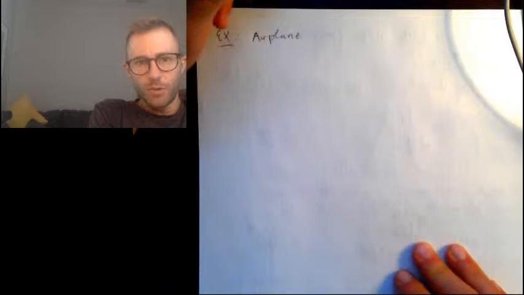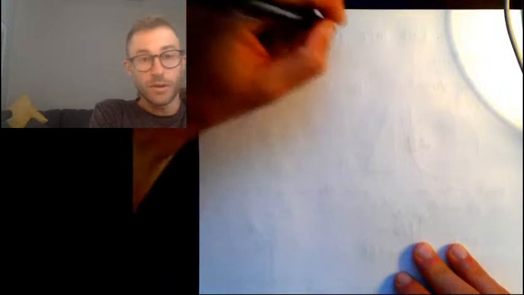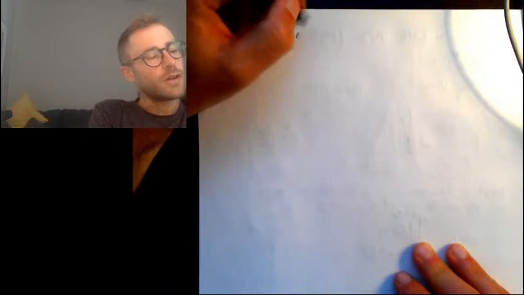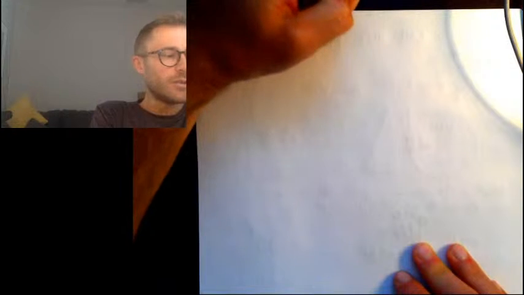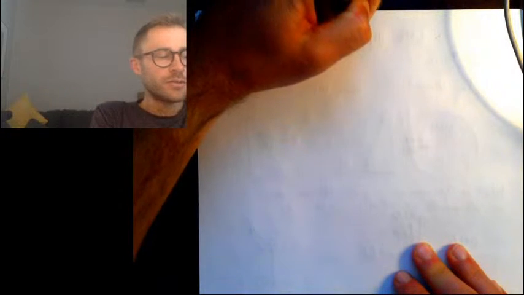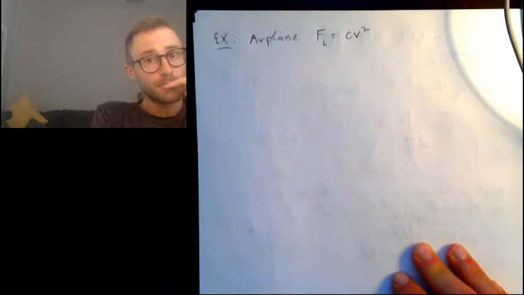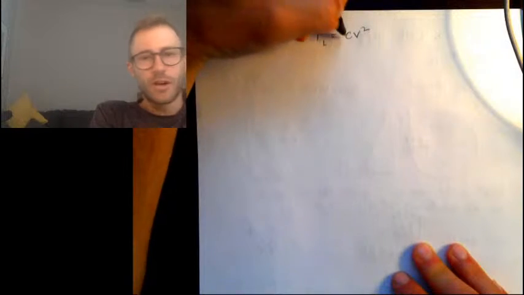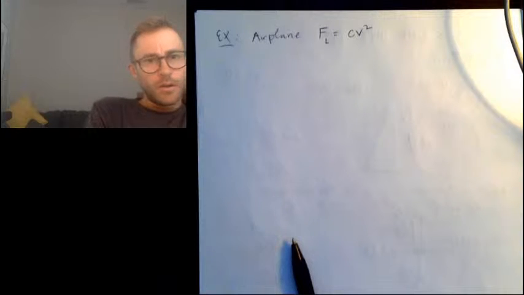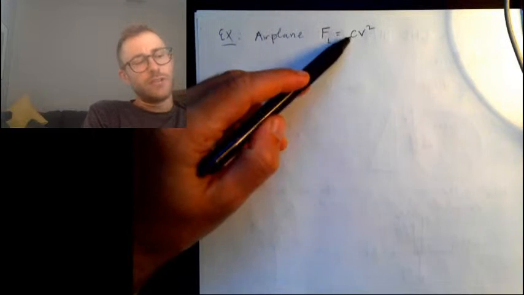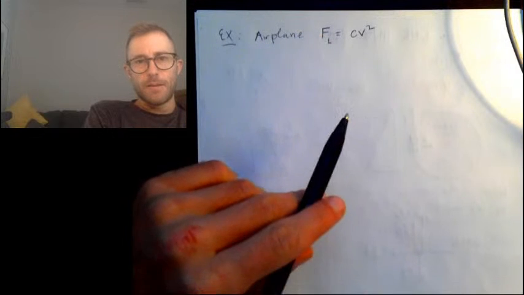And we are going to use the more realistic model of the drag force, or of lift. So the lift force on an airplane is going to equal a constant times the speed squared. This constant depends on the density of the air, it depends on the shape of the wings, and actually it depends on the speed of the airplane as well. So an airplane can change its lift constant by